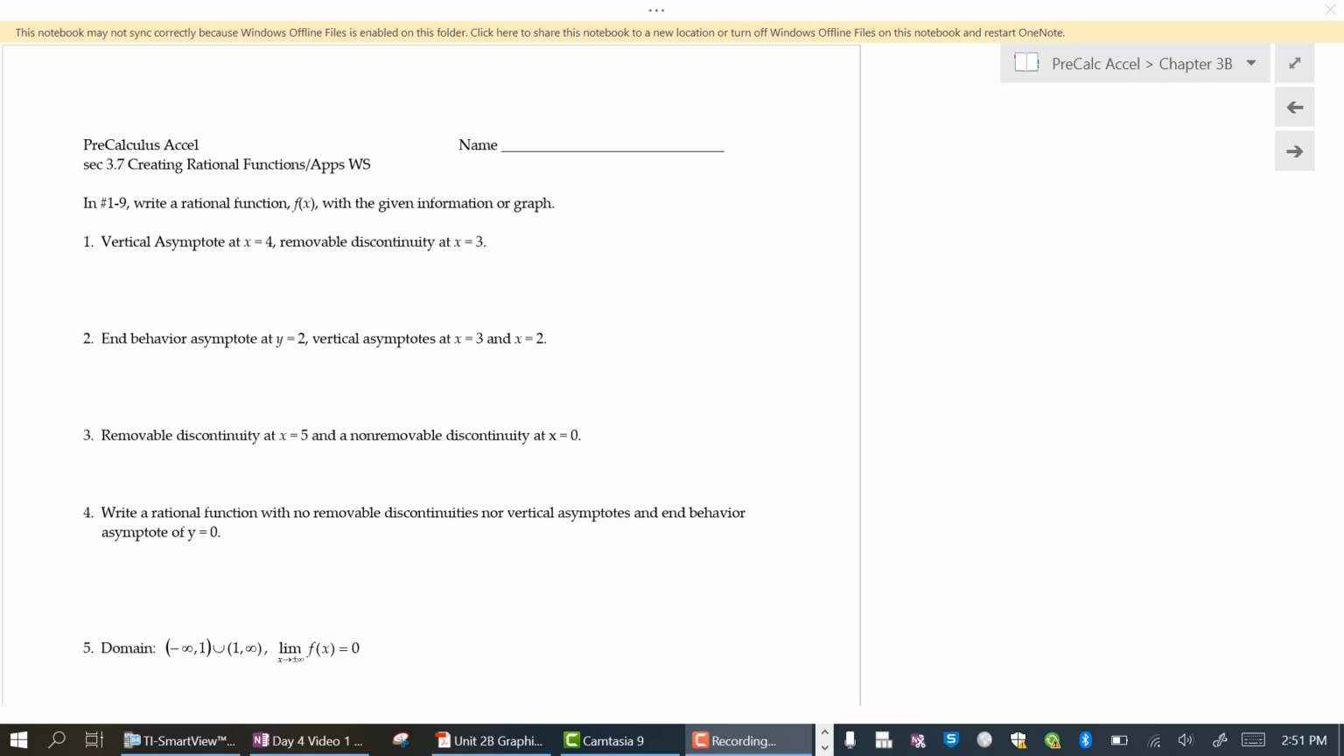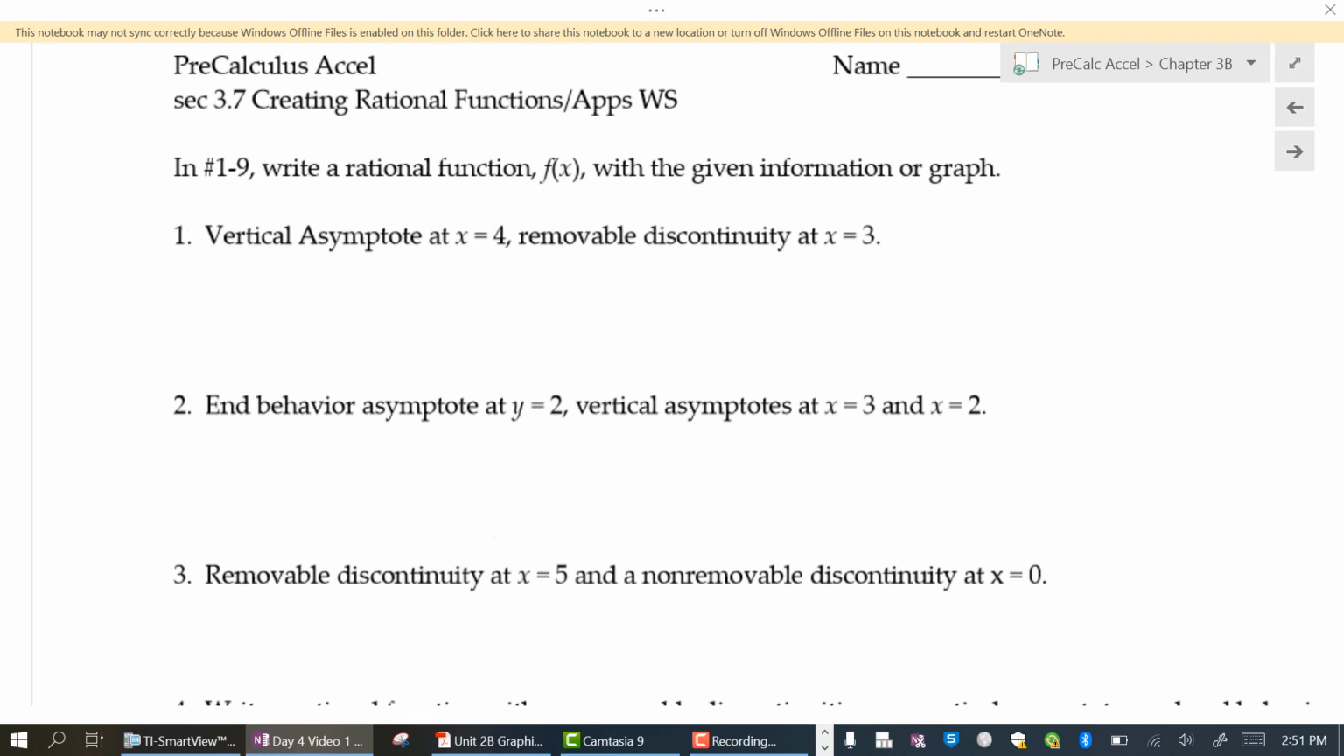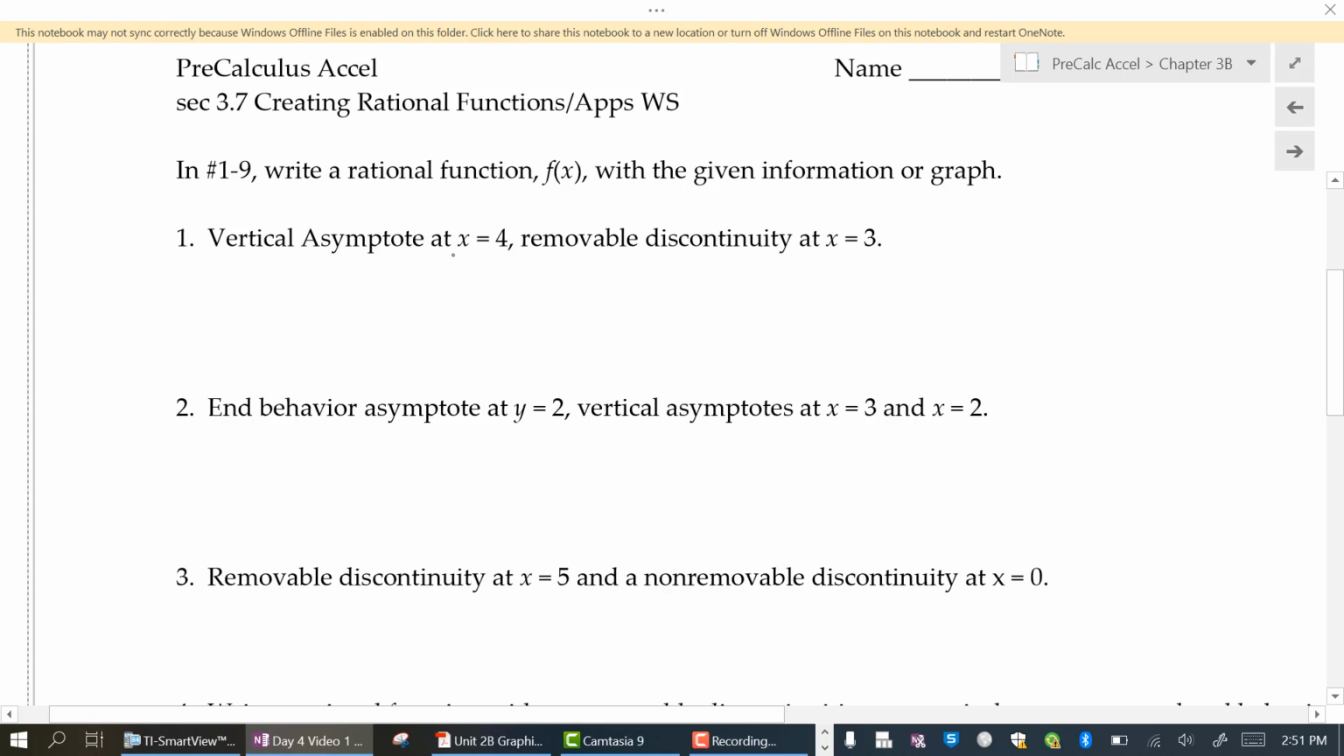In this video, we are going to talk about creating rational functions and applications of rational functions. So on this first page, we are going to talk about writing rational functions from specific information or given a graph. So if I look at number 1, they talk about this equation has to have a vertical asymptote at